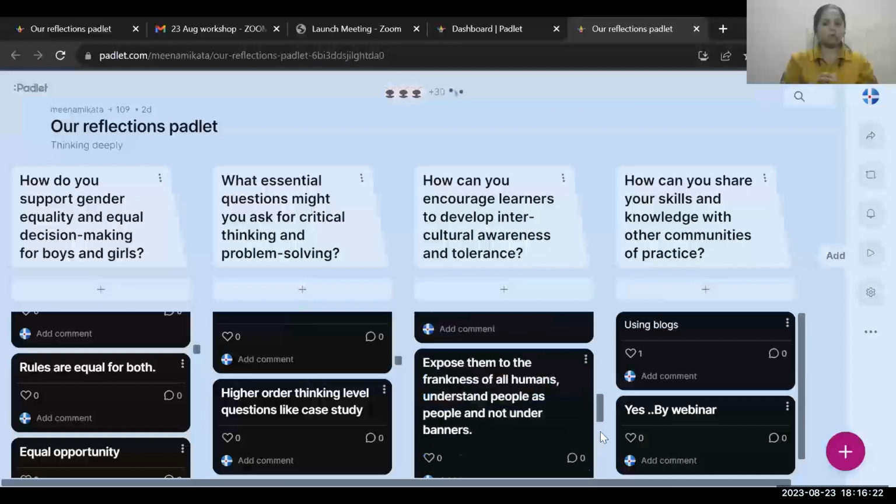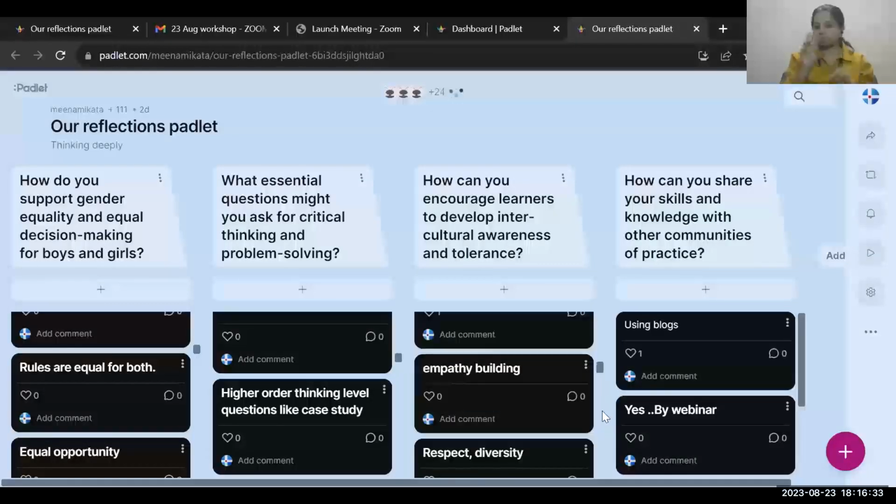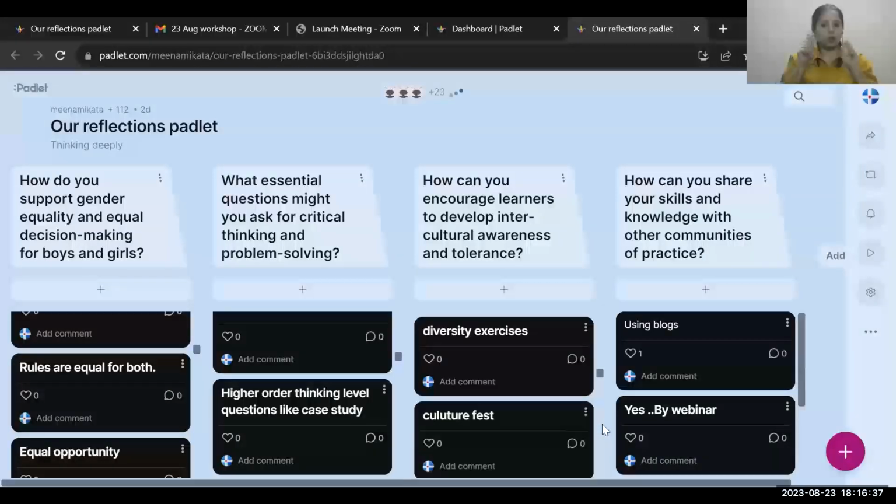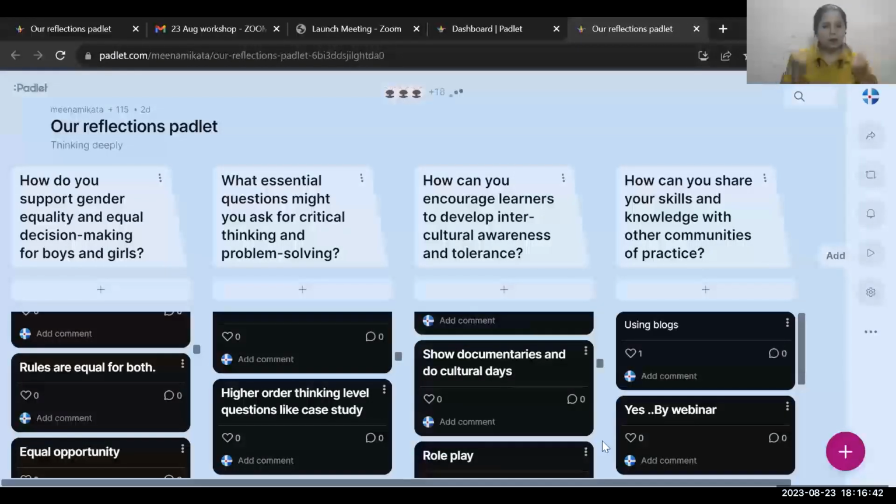Culture exchange program, yes. Expose them to the frankness of all humans, understand people as people and not under banners. Very good, that should be a quotation, whoever wrote it, thank you. Empathy building, respect diversity, celebrating cultural fests, diversity exercises, documentaries and do cultural days. Yes, correct. Role play,